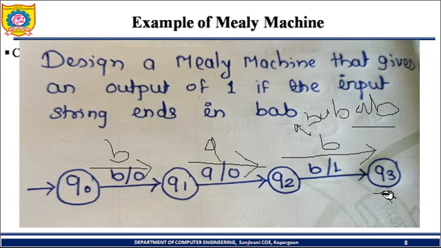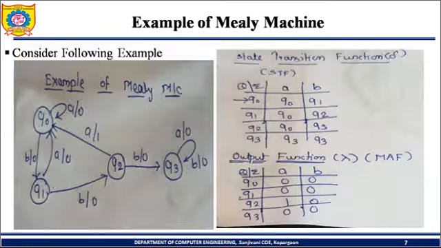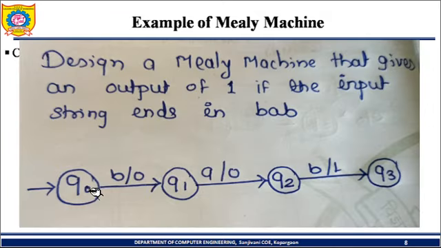But in case of DFA, there is a final state. Here we don't have a final state, we have the output. Now we want to generate the output. So here you can see Q0 after accepting B will be in Q1, but the string does not end with BAB. It has only B as an input alphabet. That's why the output is 0. Now we are in Q1, meaning previously we had B as an input alphabet.